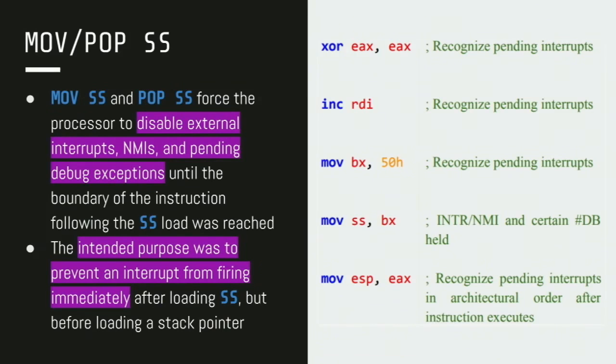So if you look at the right, the assembly, if you're familiar with assembly, this is going to be easy for you. If you look at the top instruction, exclusive OR EAX, followed by increment RDI, after every instruction cycle retires, the CPU recognizes pending interrupts in a priority order, and that's defined specifically in the Intel manual. But there's a specific case where when SS is loaded, either via MoveSS or PopSS, until the instruction after it completely retires, interrupts are held pending.